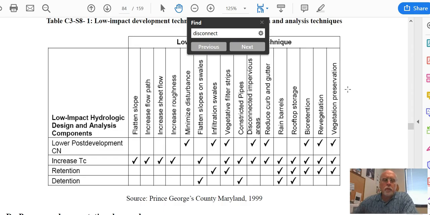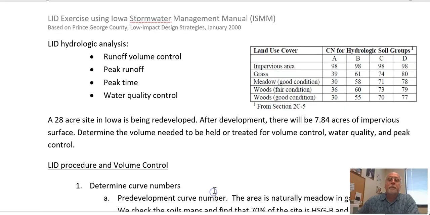In the example, we're not going to talk specifically about which LID BMPs. What we're going to do is go through again. Here we have a site, and we're going to determine the volume needed to be treated for volume control. We've done that. Peak control, we've done that. But also, there's this idea of coming up with a certain volume that needs to be treated by BMPs for